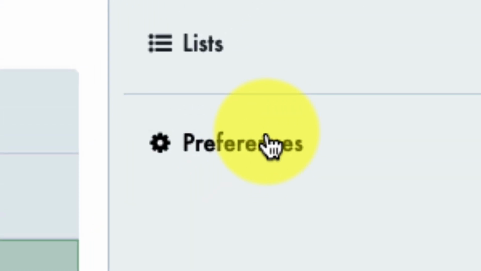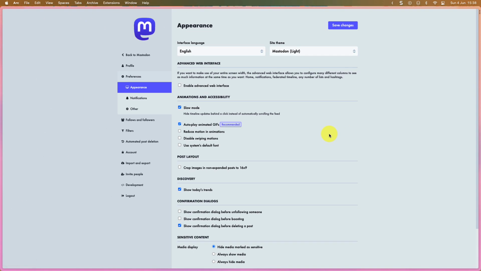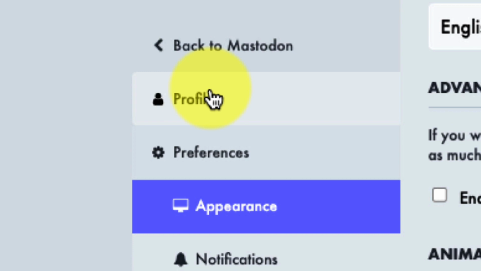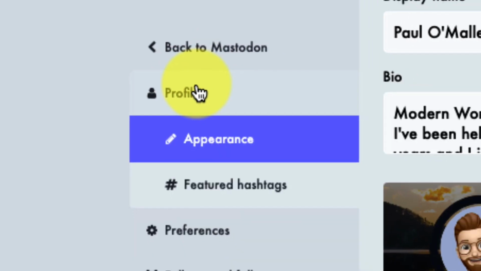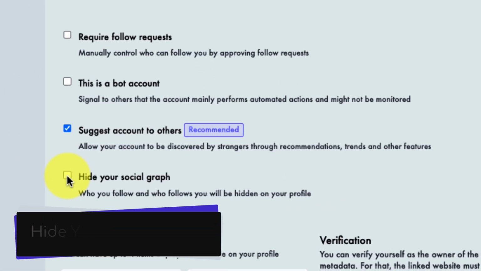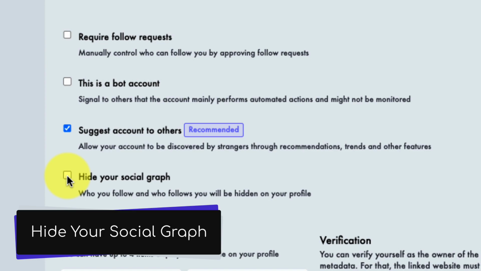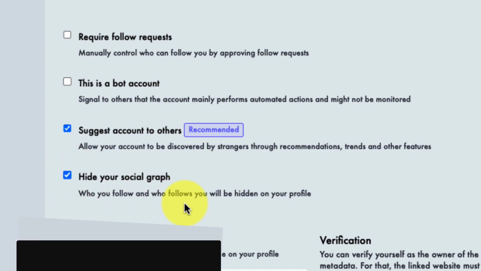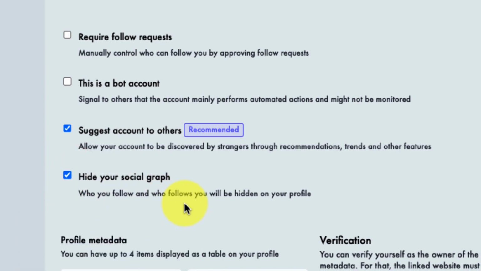We simply head to our preferences, which can be found on that menu on the right hand side. And inside the preferences, we want to head to our profile option. Selecting the profile option will give us the ability to edit our bio and things like that, but in these boxes in the middle, we have the ability to quickly and easily hide our social graph. This will block people from being able to see who it is that you follow as well as who follows